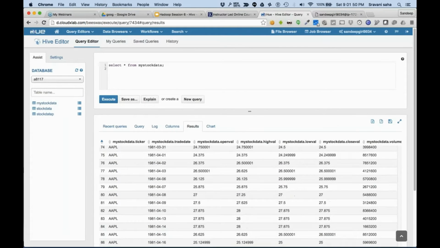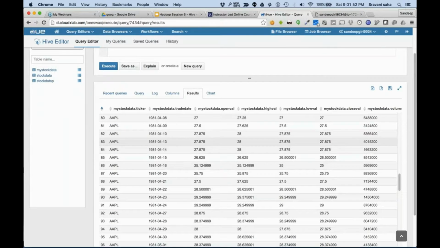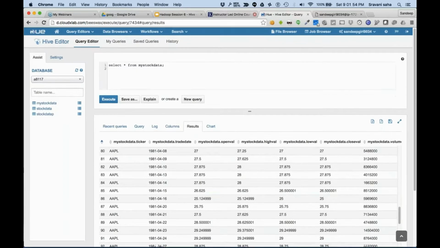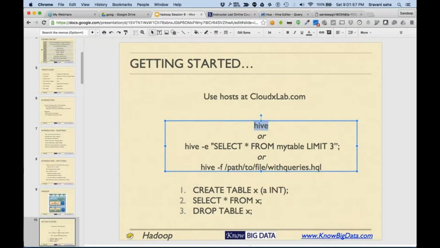You can see that, and this is basically a file. I'll come back to that again. So this is how you can run a simple query.